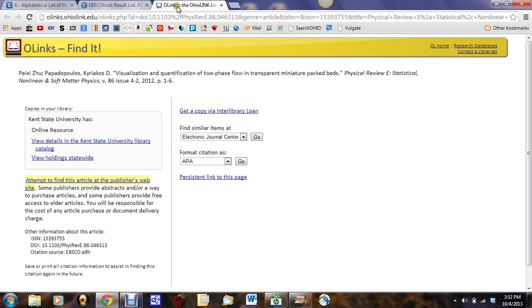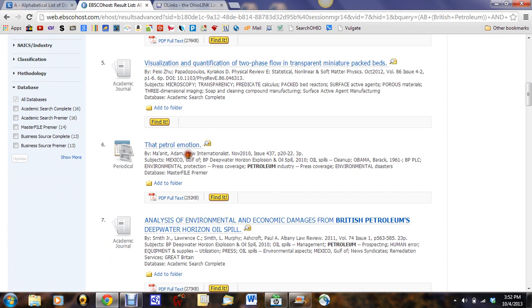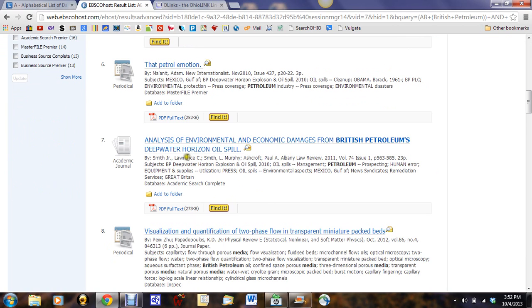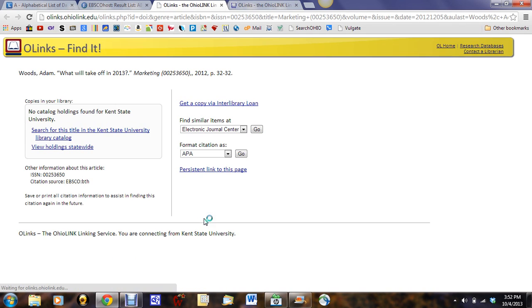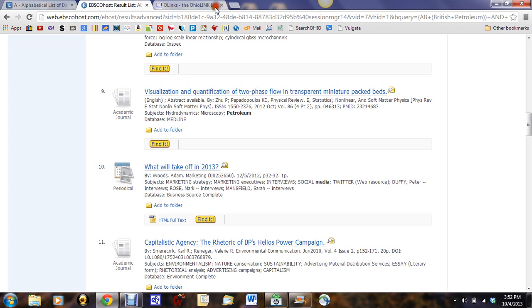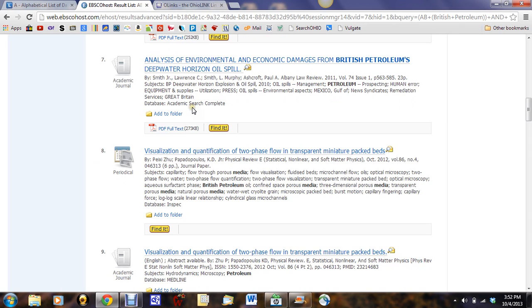Now notice I have two tabs going up here, so I'm just going to go ahead and go back this way. Let me see if I can find another one. Let's try this one. Well, here, let's try this one. You get the HTML full text, but let's see if we can find a PDF for it. No, I'm not having much luck, but when you do hit the Find It button and you do have a PDF available, it'll show up right here saying, we found it, here's the link. But now, I'll just open this, all right? Once you get the PDF and you open it up,